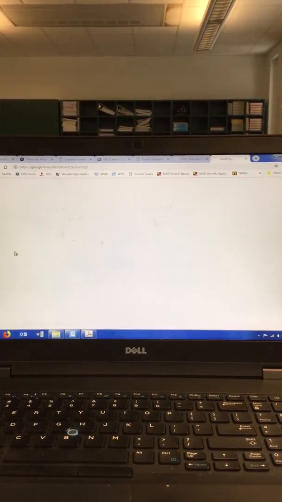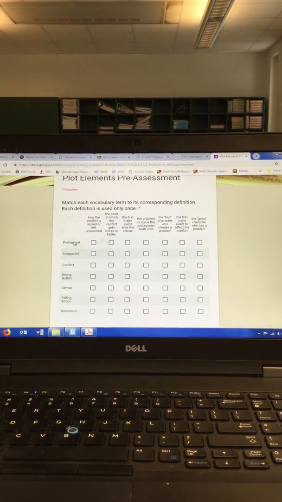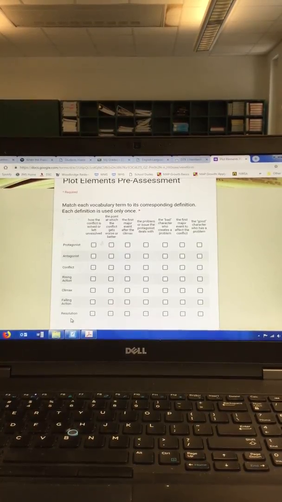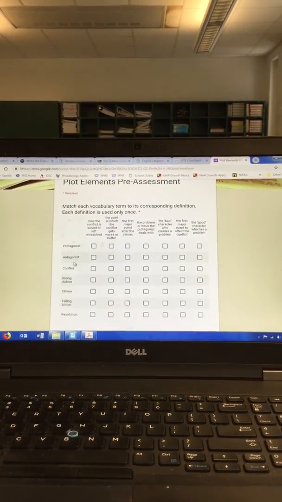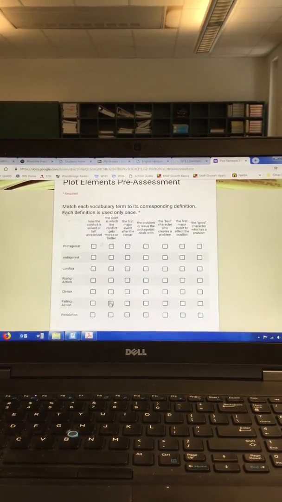So the plot element pretest looks like this. Now what students are asked to do is to look at each one of these key vocabulary words that will be used throughout the lesson, such as protagonist, antagonist, conflict, rising action, climax, falling action, resolution, and then match them